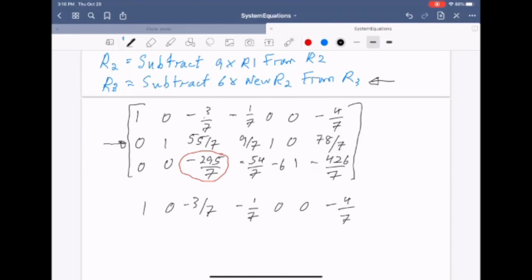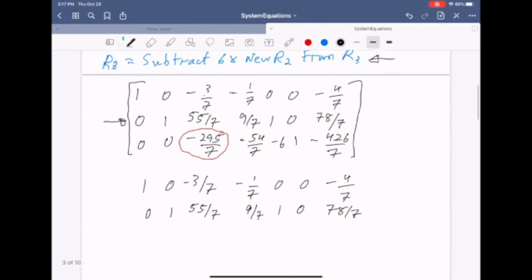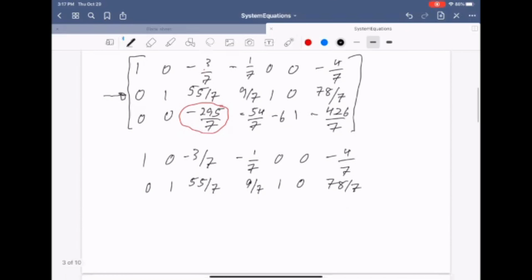Then we get 0, 1, 55/7, 9/7, 1, 0, 78/7, and the final one is, if we do this subtraction correct, or this addition, we get a 1 there,